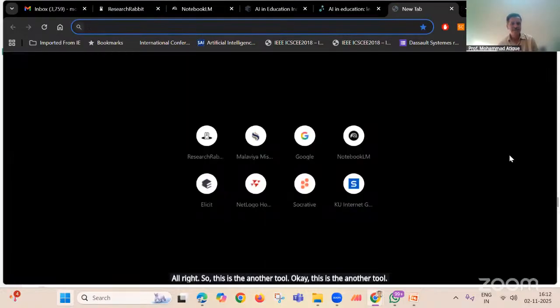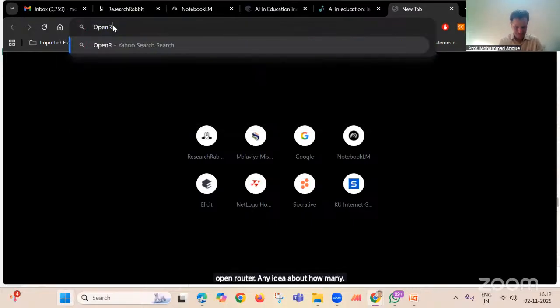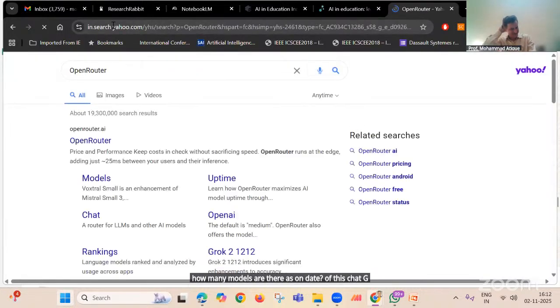Then you may use, let's say, OpenRouter. Any idea how many models there are as of date, of ChatGPT or any LLM? Are you with me? First of all,